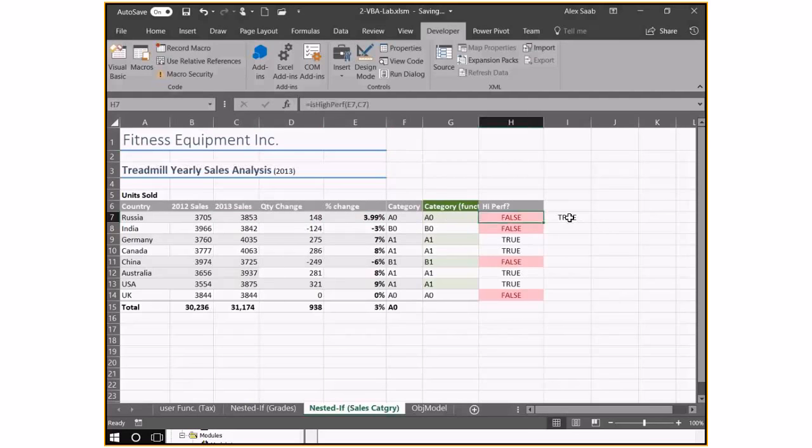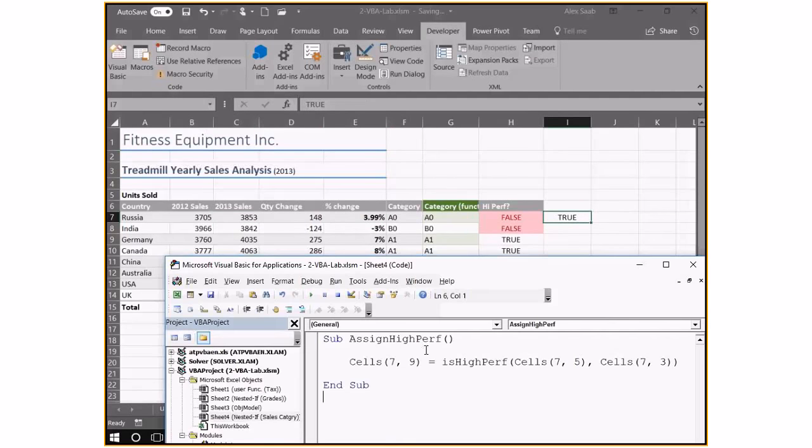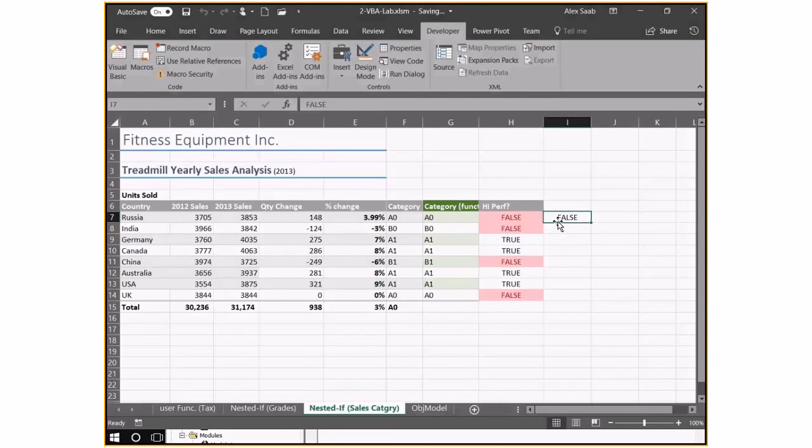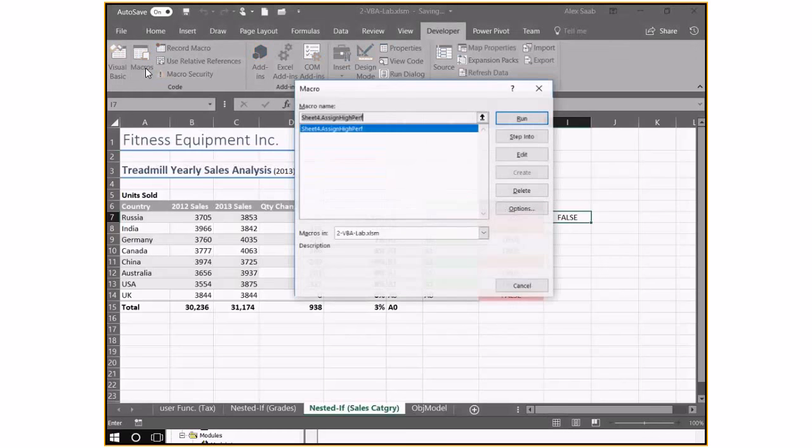This stays true. Now, if I run this again, I can run it by putting the cursor anywhere between Sub and End Sub and hitting Run. This is the other way to do it. Now it gave me false. So I have to run it again. There's no shortcut from the spreadsheet. There is a shortcut, we'll get to that. So again, you can either go to Macros, select this one and run it,